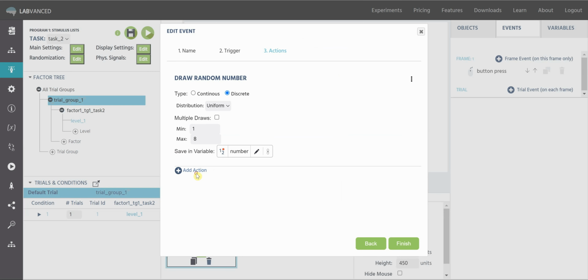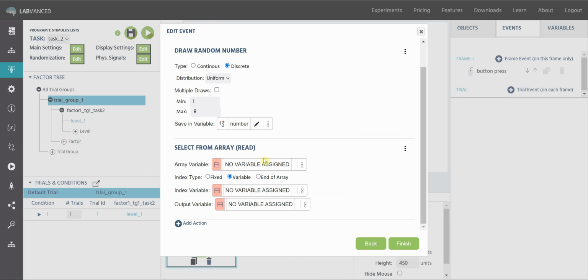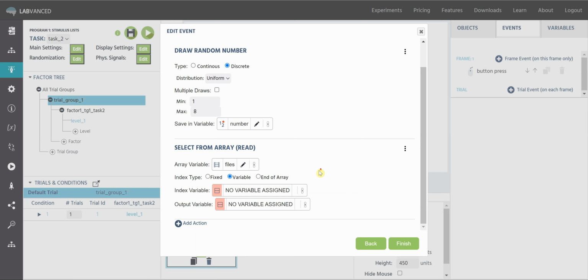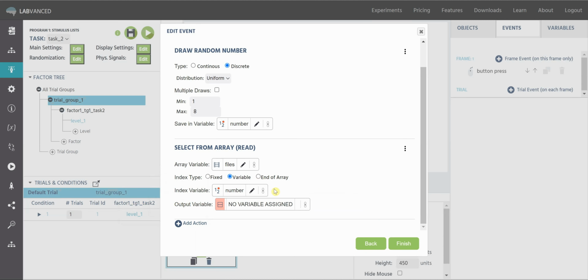Our next action is going to be an array operation, and we're going to select from array. This is how we're going to pick which of the images is going to be shown. So our array variable is the files, right? So that's where we stored all of our files. This is what we're reading from. Our index variable is this random number that we've just drawn here. So we just click here. Basically, this action is linking the file that's going to be shown to the whole list of files via a random number. So our output variable is a new variable,